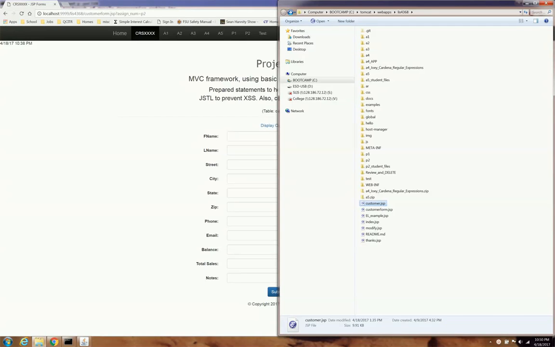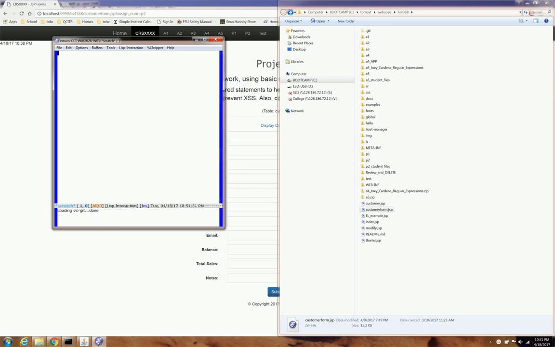All right, gang. We talked about how the CRUD application is going to work, the culminating project, Project 2. And now we talked about customer form. And I mentioned the other files we're going to have are customer and modify. We talked about in a previous video how those are going to work. We did a slight modification of things too, and I'll show you that after. But I do want to do a comparison right now between customer form and customer to show you how closely